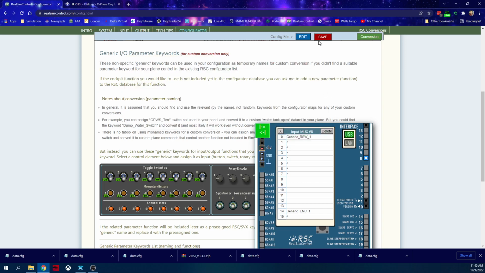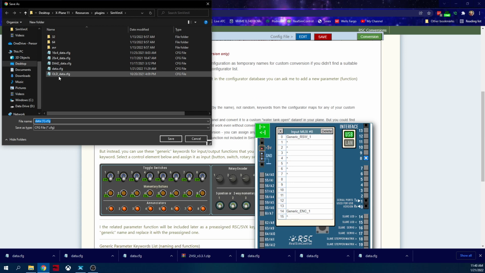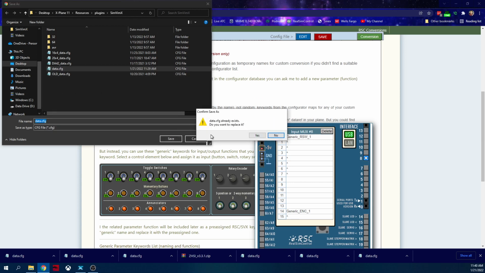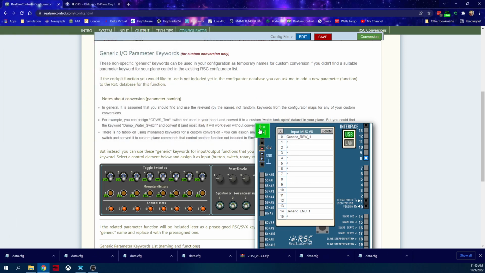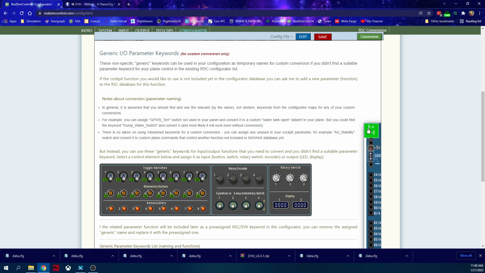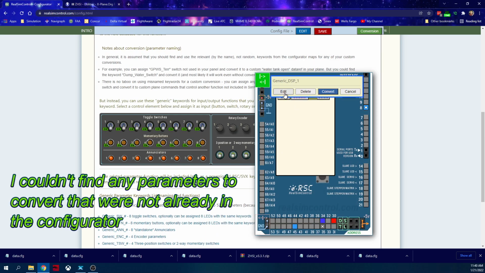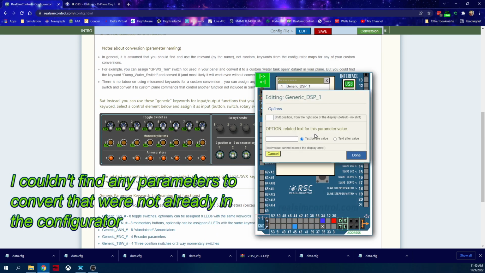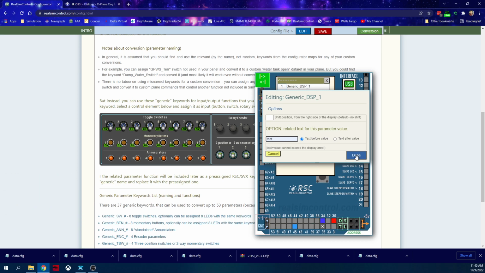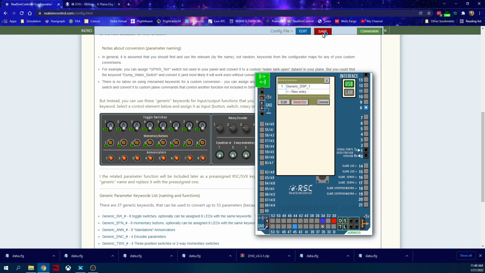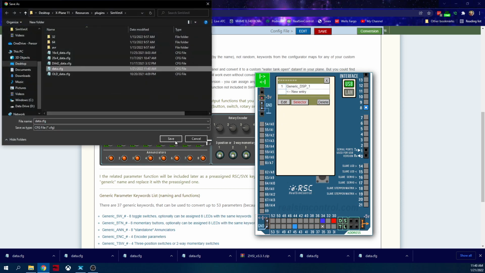Alright, so go ahead and confirm it, save the configuration file, and yes, I want to replace it. But you know what, I actually forgot we still had the display to mess around with, right? So we'll go ahead and come to the display. So what I'm gonna do is I'm just gonna go ahead and put edit, and we're just gonna put some text in here. Alright, so I'm just gonna go ahead and put test, because that's what I tried before, and I'm gonna show you something interesting, but I just gotta go through this process so you can see the whole thing. Go ahead and put save again,